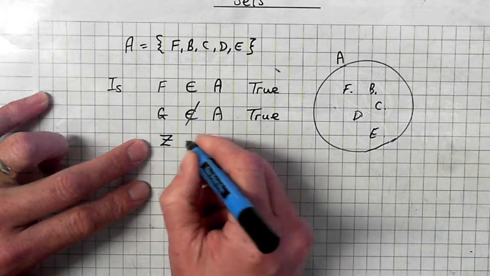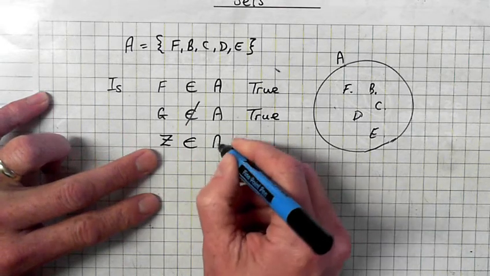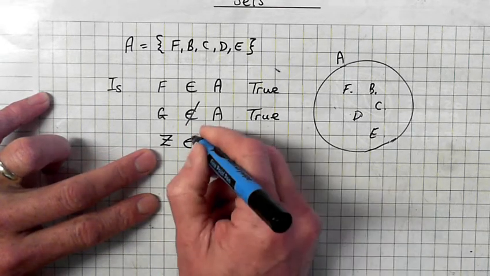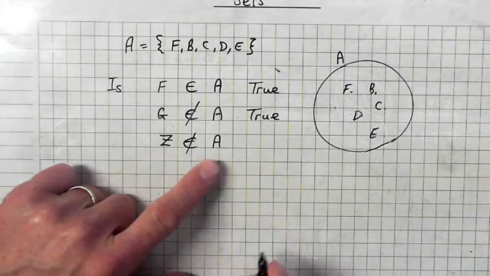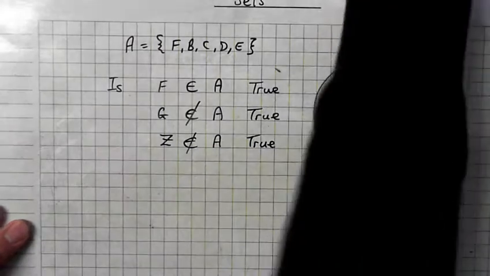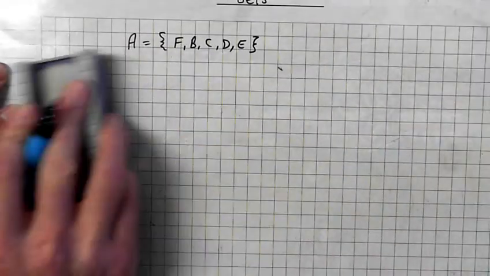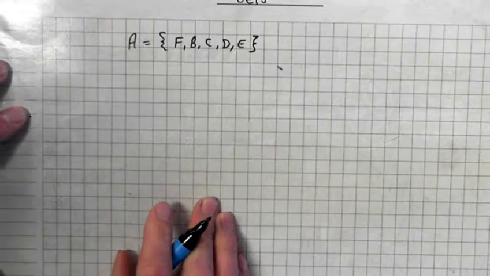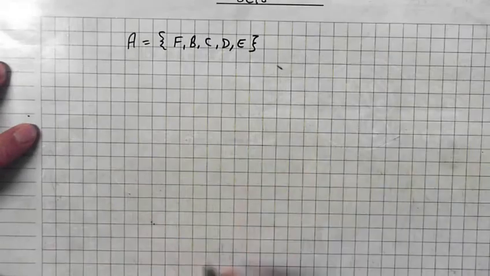Now what else? Is Z an element of A? False. Z is not an element of A. So that's true now. Okay. Very good. Okay. So now we'll go on to